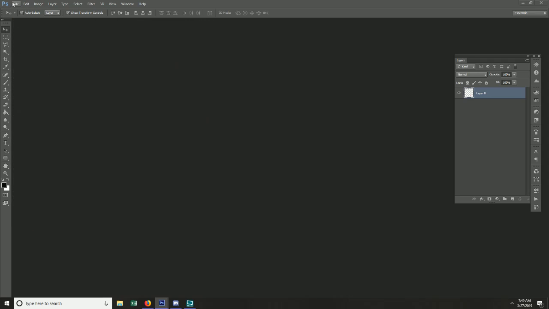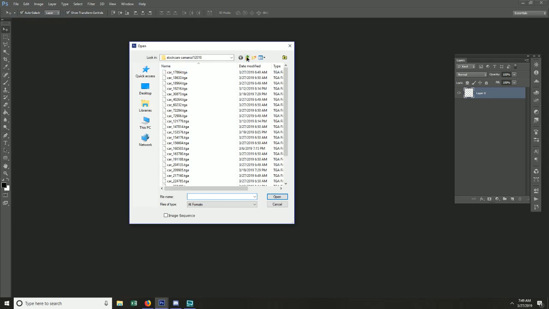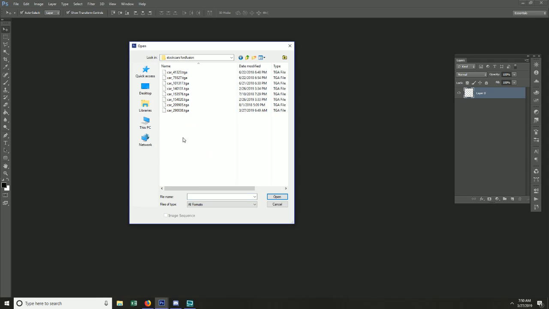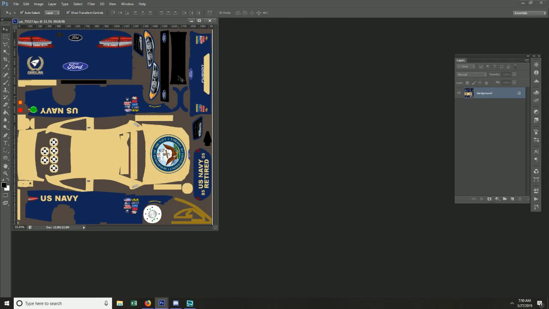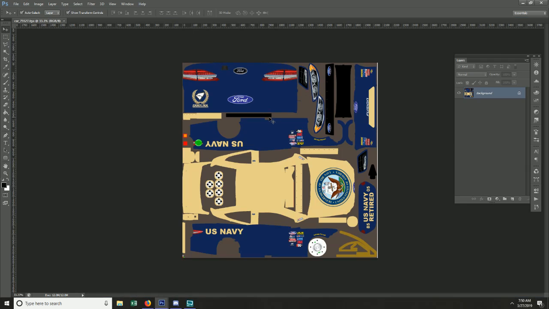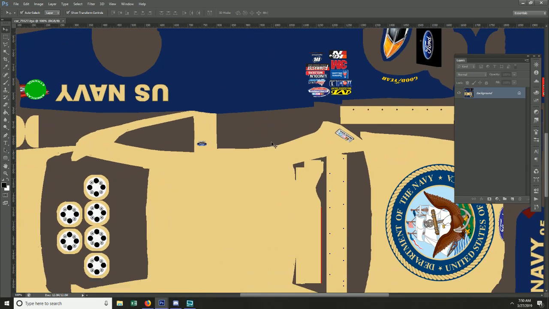See, you could do the same with obviously every paint that's saved in the game. I'm not sure whose this is. This is a really nice paint though. Also, what I was going to show you, if you have a paint like this, where the colors are obviously